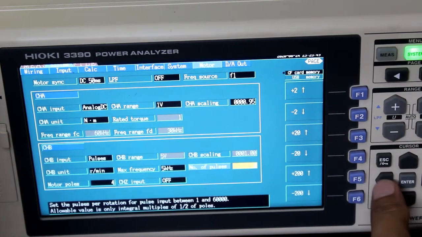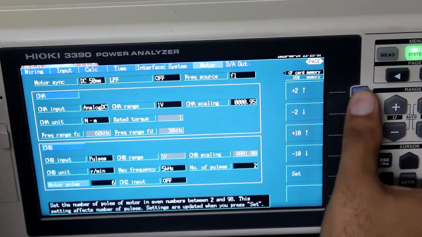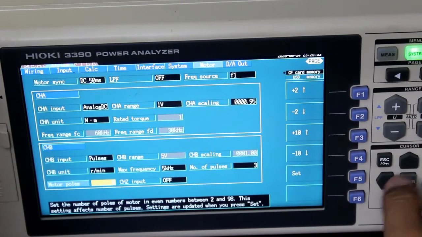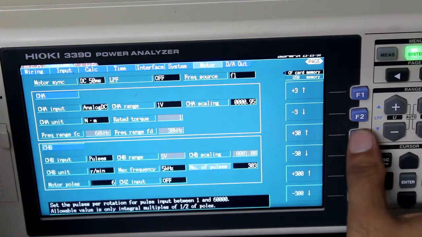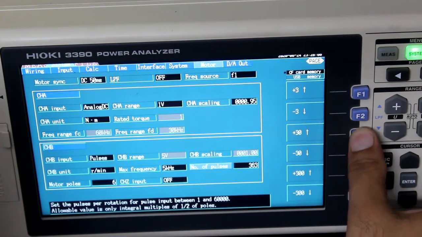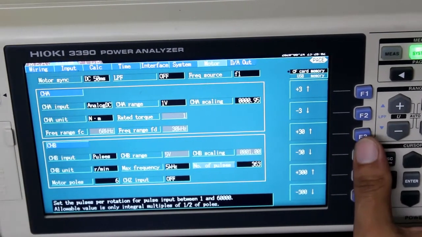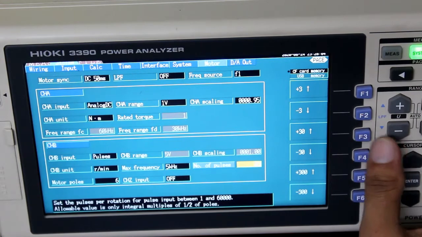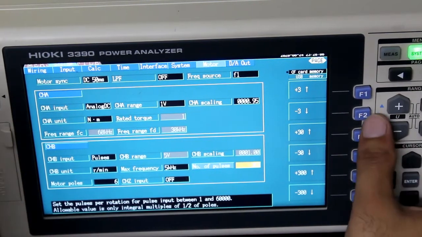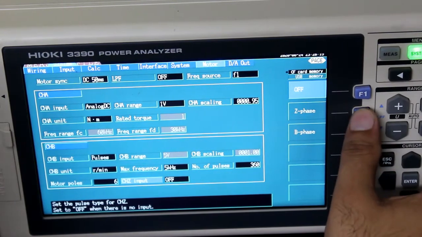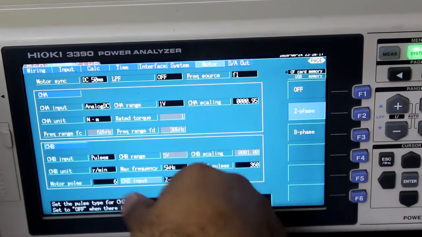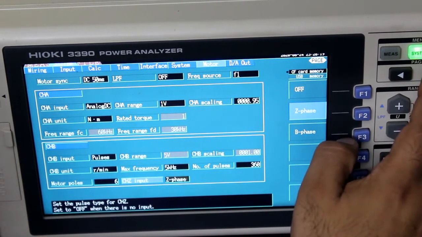Poles we need to make it 6 and we need to decide the pulses. How many pulses are being given by this system? This is 360. Okay, now everything is set for the motor testing.